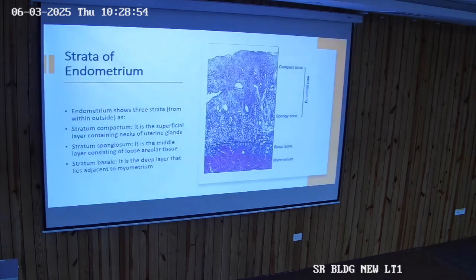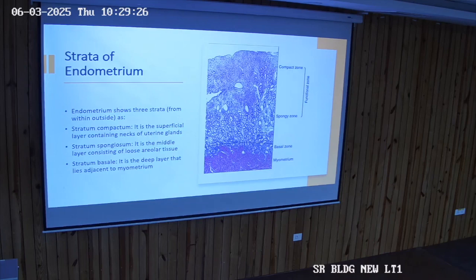Now first thing is that you should know what are the different layers in the endometrium. There are two layers, stratum functionale and stratum basale. So this is the basal layer which is towards the myometrium. Least number of changes are going to happen in the stratum basale. Rather, whatever the changes in the size of the glands and arteries, it will happen only in the stratum functionale. So basal layer of the endometrium is not going to change.